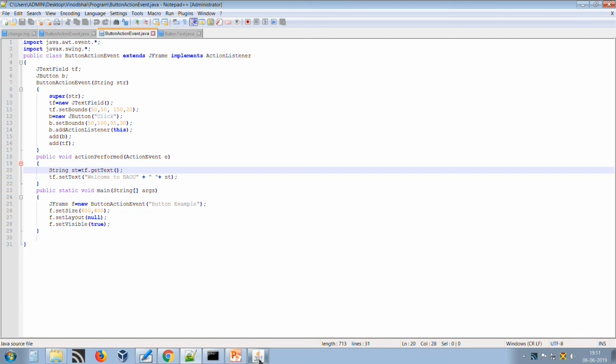Based on the components, controls or source, you have to write the listener and register the listener with the source to handle the event. So this is all about a Swing application and event handling with Swing applications.